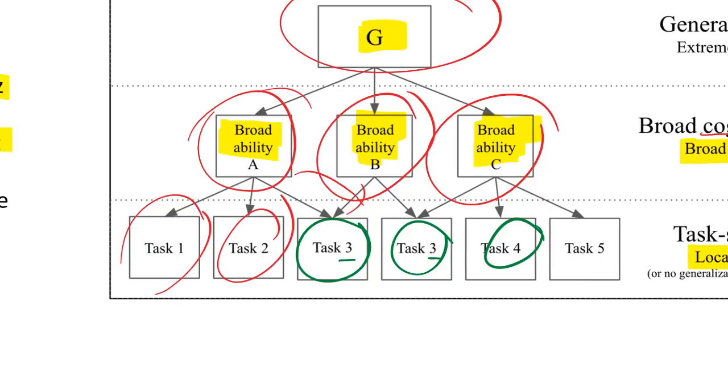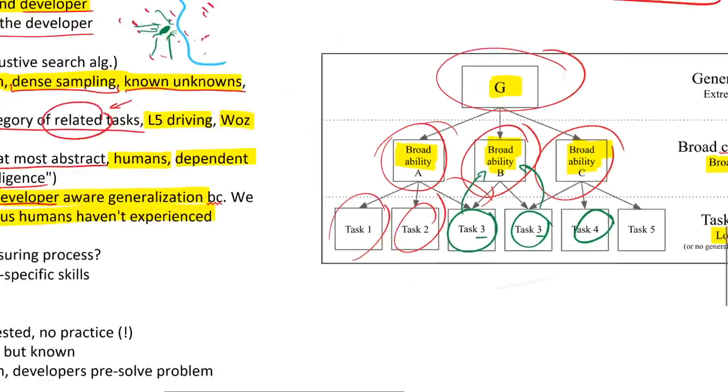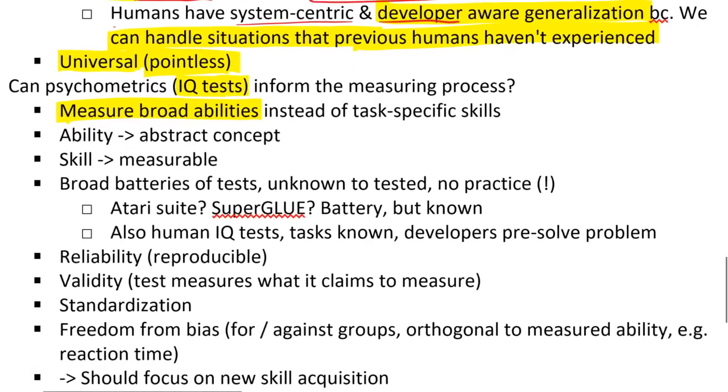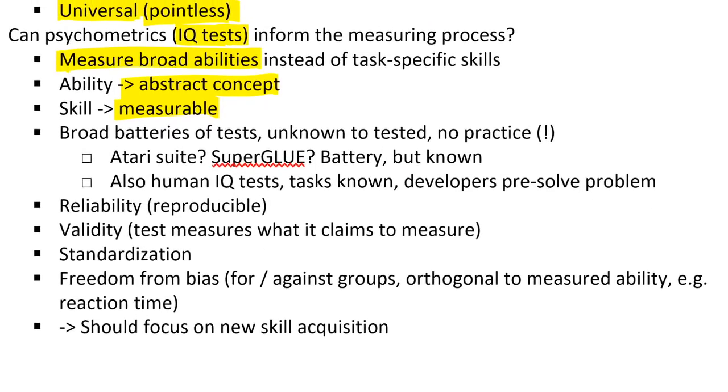You can only measure tasks, but you somehow have to make an inference about the broad ability from measuring the tasks. So that's the difficulty in psychometrics, right? You want to measure the abilities, but you can only measure tasks. The abilities are abstract concepts, and the skills are the measurable things where you can put a number on it. Now, you can. So what these IQ tests do, they usually